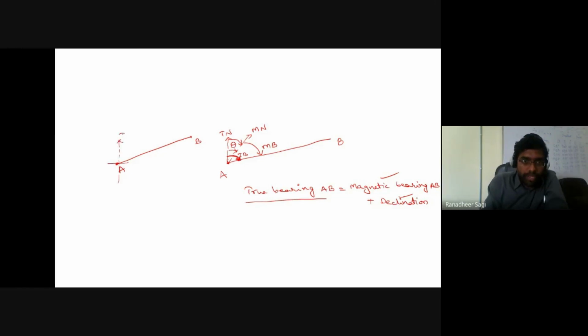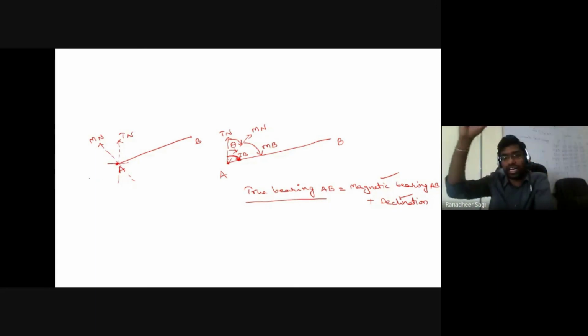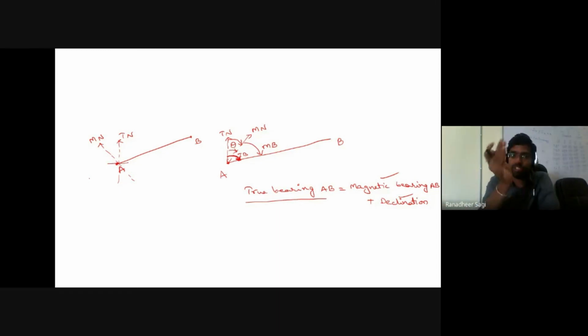This is the direction of my true north. Let's say this is the direction of my magnetic north, which I have. Earlier, magnetic north was towards the east from the true north. Now, in this case, my magnetic north is towards the west from your true north. Our magnetic meridian is towards the west from your true north. I am calling this angle what your magnetic meridian is making with your true meridian direction. So that is nothing but once again declination.